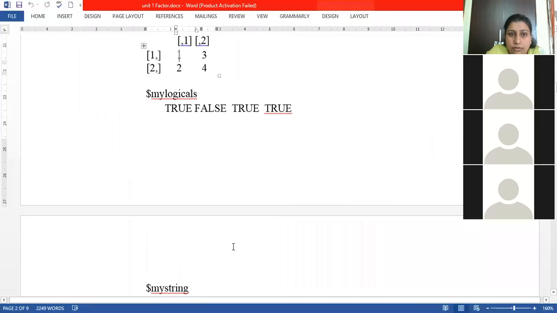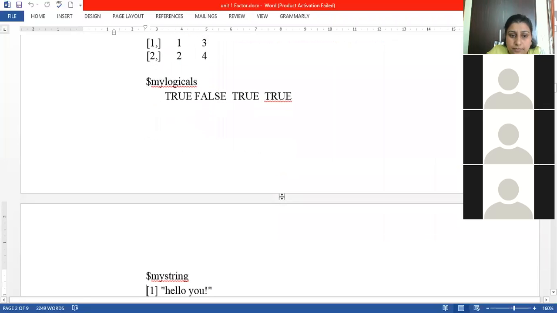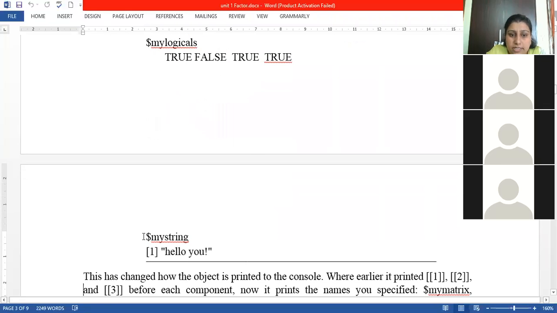In place of your index value, that double square 1, it gives me my matrix, and it will give me the previously stored matrix. Similarly, at the second position, it will give me my logics and the previously stored values of the list. Similarly, for my string, we can write my string, and it will give me hello you.